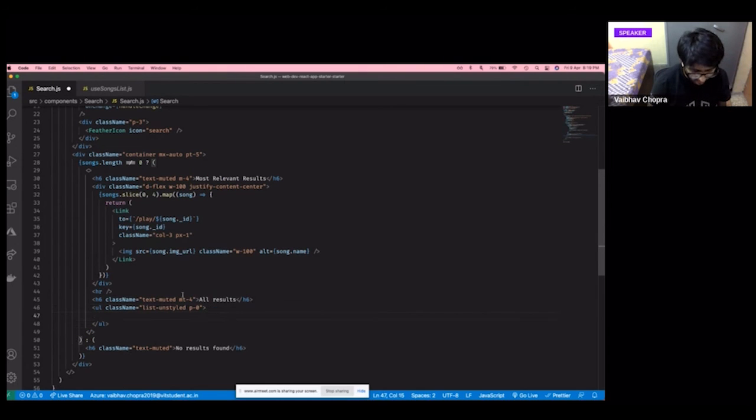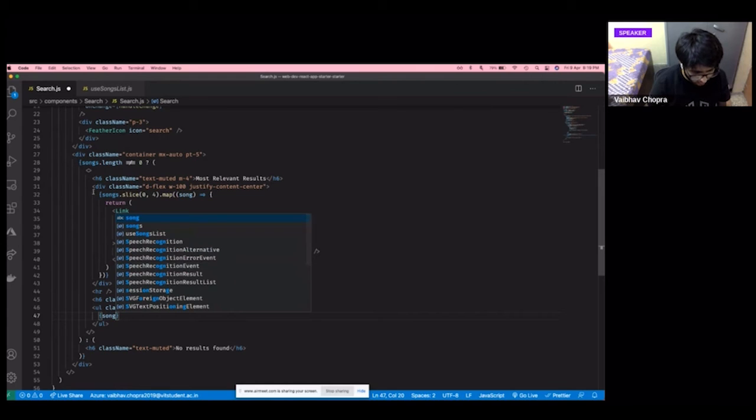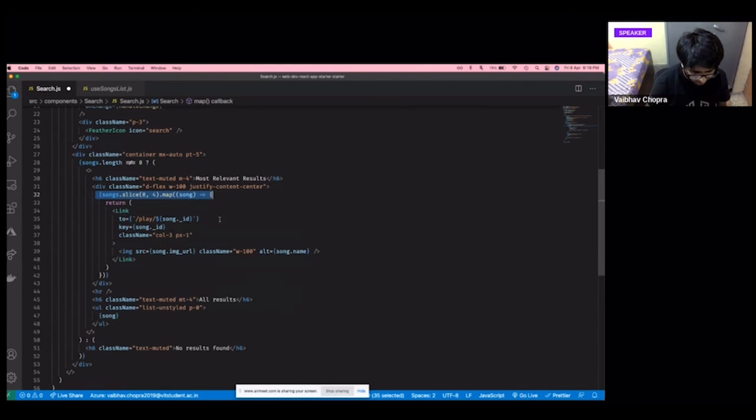And again, I will run a map just like I have done before. I can actually go and copy this bit because this is exactly the same thing, but this time I'll just remove the slice part. Okay, so this time I'll have to return something.